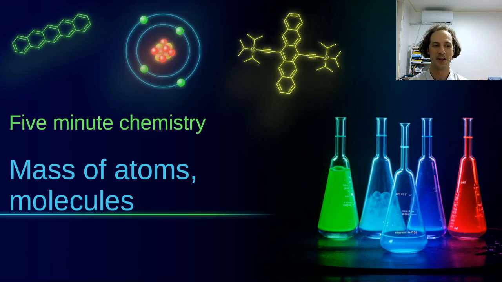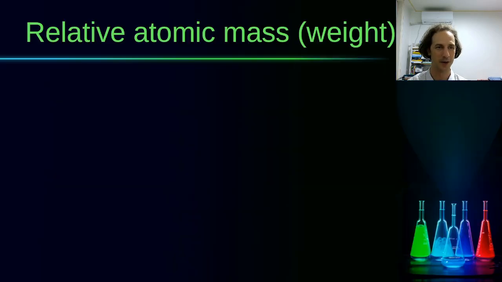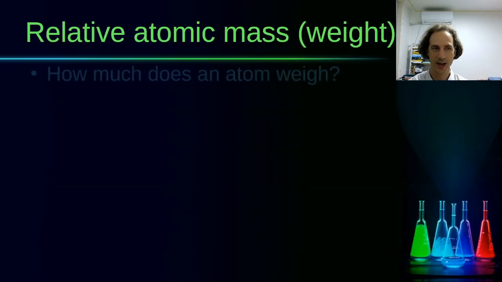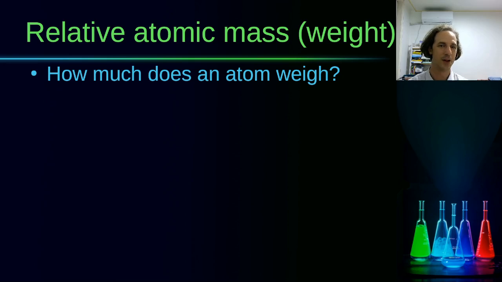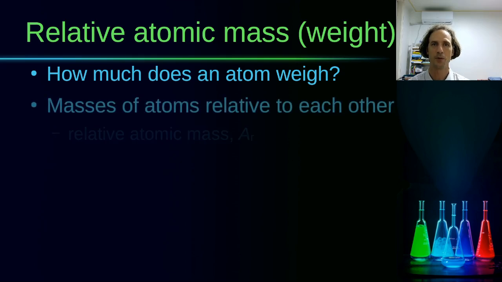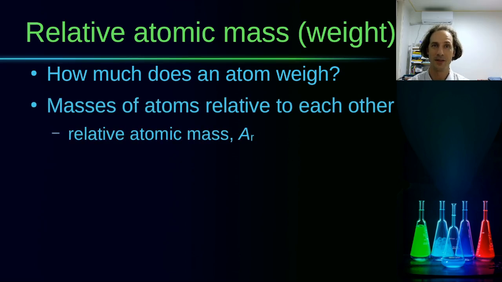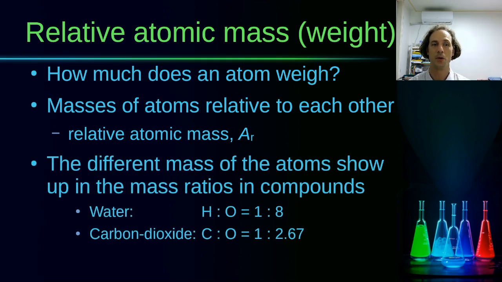Today we are going to discuss the mass of atoms and the concept of molecules. So, how much does an atom actually weigh? It is not really an easy question to answer, especially not in the 19th century, but it was possible to compare the masses of atoms to each other, which was the concept of relative atomic mass, or at the time it was called relative atomic weight, and this is denoted by a capital A and a lowercase r in the bottom right index. And based on the different masses of the atoms, in compounds we will have this very strange kind of